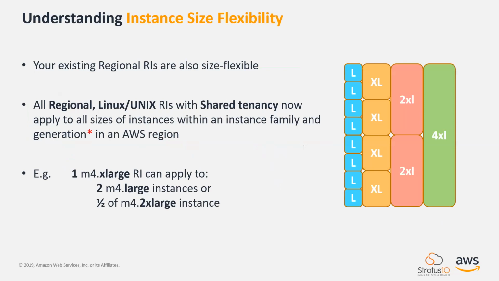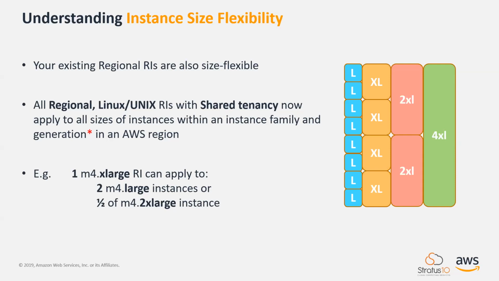Basically the M class family, or C class, or R class for memory, etc. And then the generation or the size is the X large, large, double X large, etc. So regional RIs with shared default tenancy purchased for unlicensed Linux and Unix platforms are also flexible. Size flexibility does not apply, however, to Windows, Red Hat Enterprise Linux, or SUSE platforms due to licensing requirements from